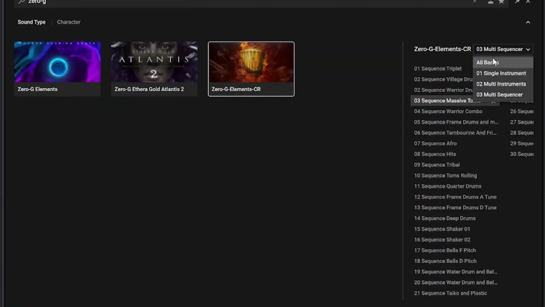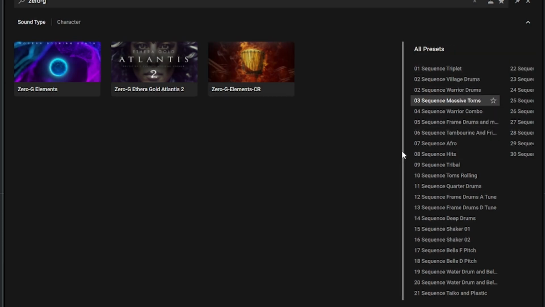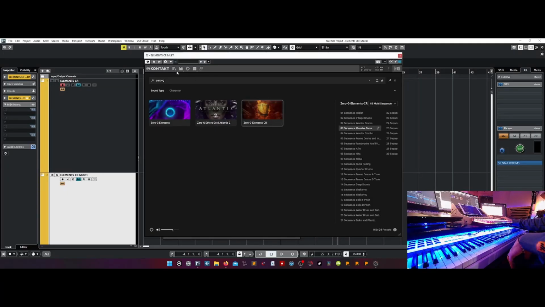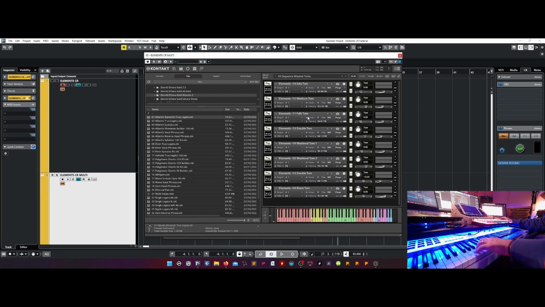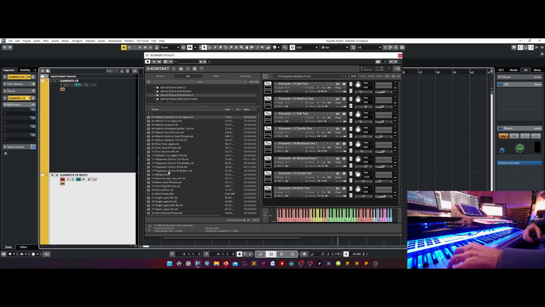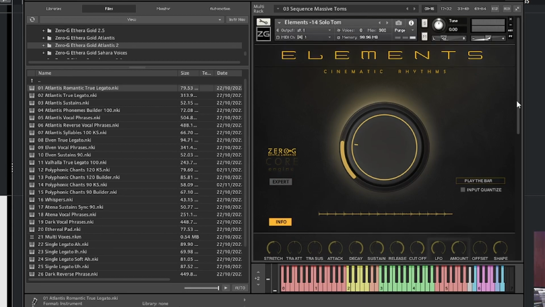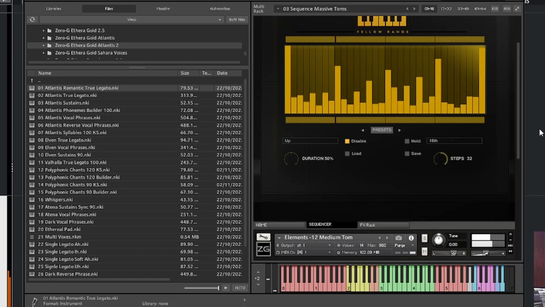Indeed, remember that if you navigate in the presets, you have the category number 3, multi-sequencer, where you can load a multi-instrument where you have the audio loops and the yellow keys, so the round robins, controlled by the internal sequencer.